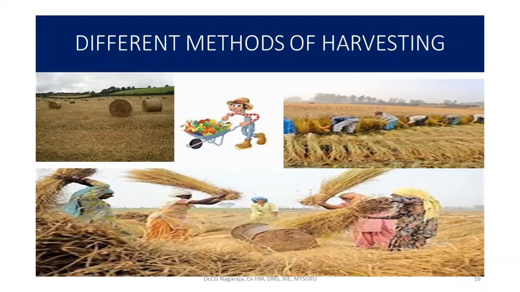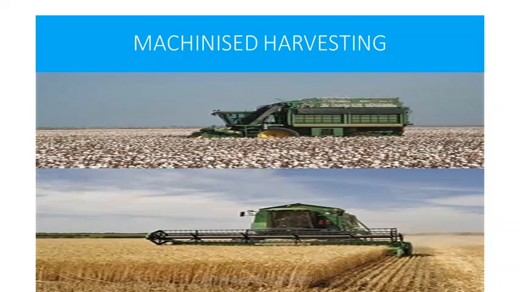Now, different methods of harvesting. Once the plant grows and the yield has come, they take out the plant like this. This is the fully grown plant, and they beat the plant and the seeds are separated. That is the earlier method of doing it. Another method was using stones. They roll the stones over the plants and the seeds are separated. Here the farmers are beating the plants on the land and this will give you seeds.